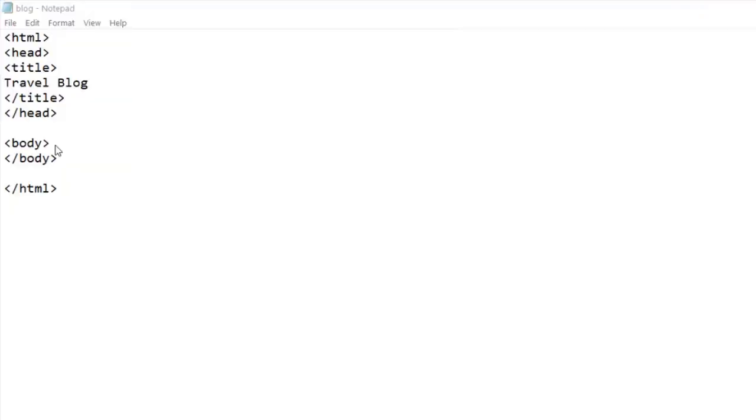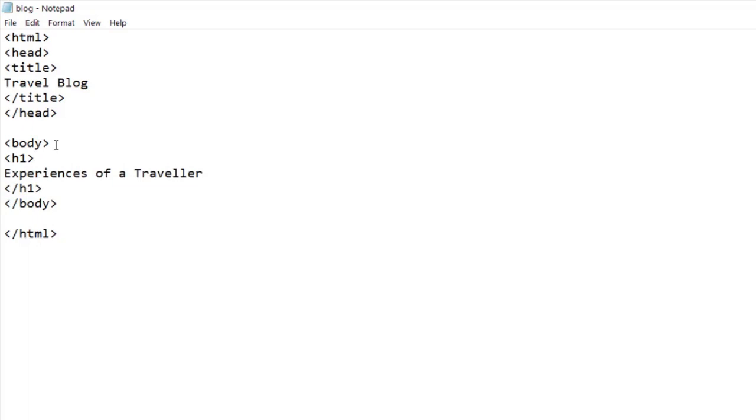Now inside the body, let us see how we can display different elements. We'll start with the heading of the page. The tags h1 to h6 are used for headings of different sizes, with h1 being the biggest in size and h6 being the smallest. Since we are writing the heading of the page, we are using the biggest size, that is h1 here. So, let the heading be Experiences of a Traveler. This is how we write it. Start tag, content and close tag.